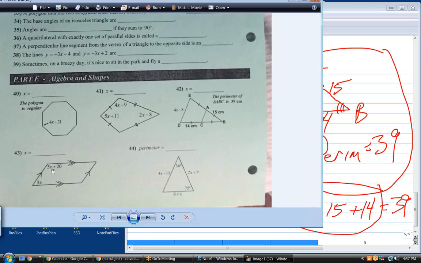So my equation is going to be 5x plus 20, or 7 and 8x plus 20 equals 180. I really like the way you started it better. 5x plus 20 plus 3x equals 180. In other words, yeah. And then you did the shortcut combining them, which is okay when you have numbers like this, but in general, that's a recipe for making mistakes. Okay, this perimeter